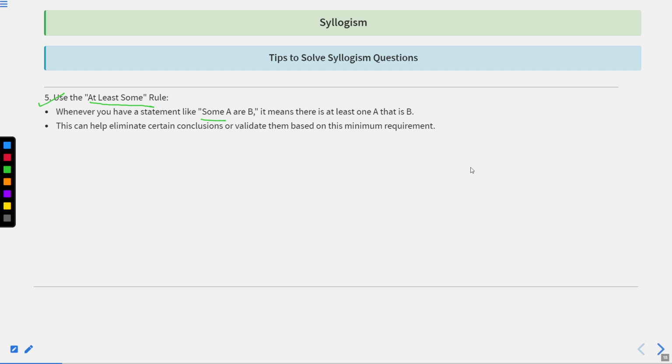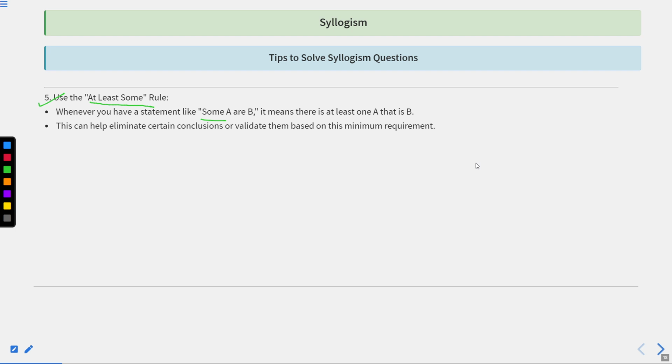Now, if we say some A are B, then there will be some overlap between A and B. Some A are B: at least some portion will be overlapping each other. And that is what we need to understand. Whenever there is a statement which says that some A are B, some B are C, some C are D,